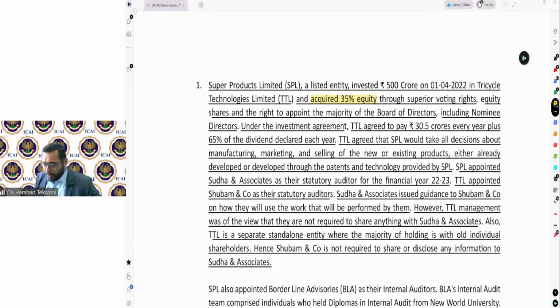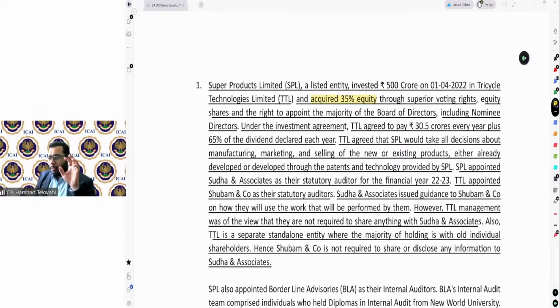Okay. Now, tell me, let's say, for example, if I say this is a parent company and holding company, then on basis of what? Which provision are you referring to? If I say this is a parent company, then on the basis of which provision should I draw the reference?